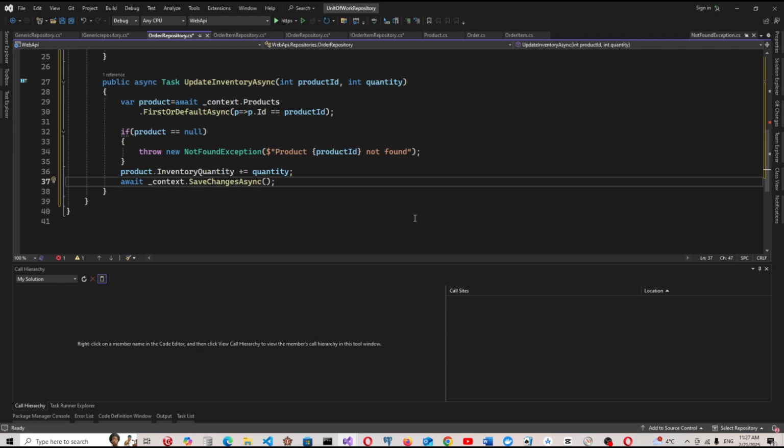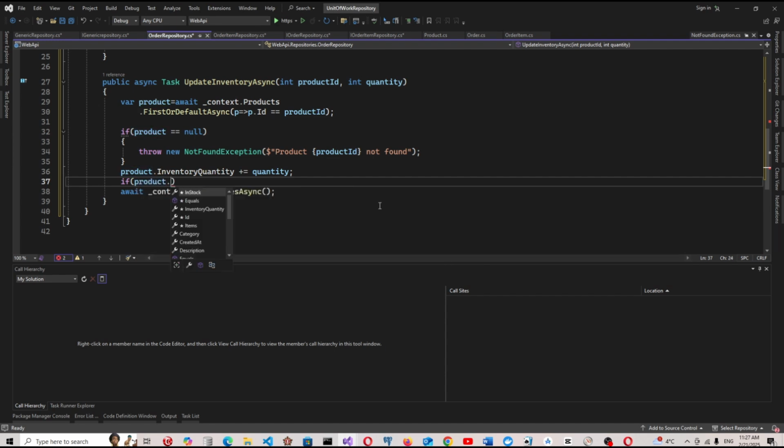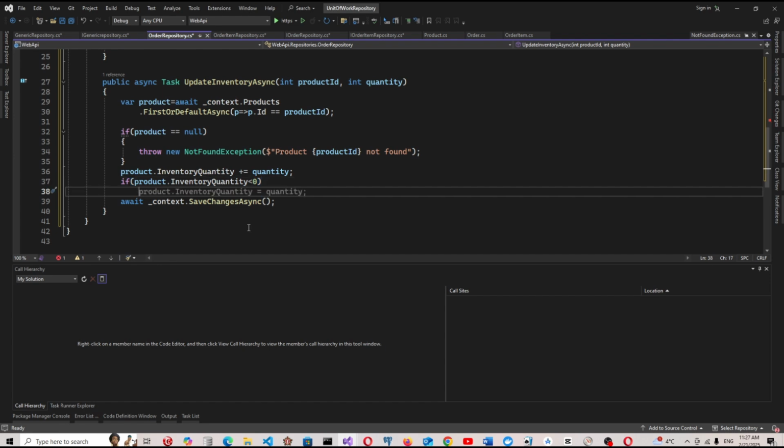Or it could be that the inventory quantity is minus after the update,